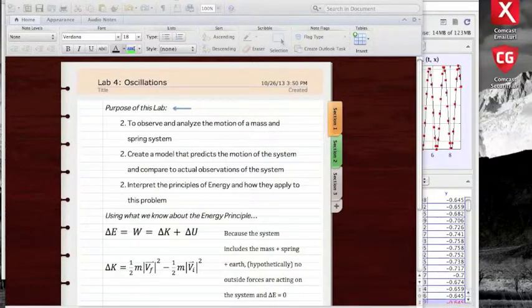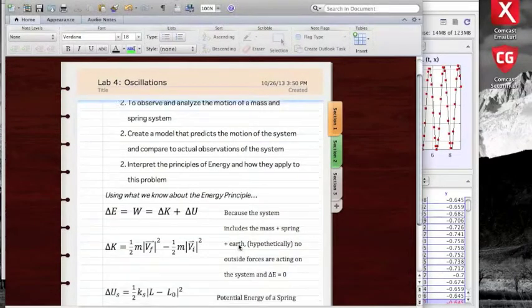Based on Hooke's law, which states the force of a spring is proportional to the distance through which the spring stretches by some constant, which is the spring stiffness, and the energy principle, which states that the change in energy is equal to the work done on the system, which is also equal to the change in kinetic energy, 1/2 mv final squared minus 1/2 mv initial squared, plus the change in potential energy,